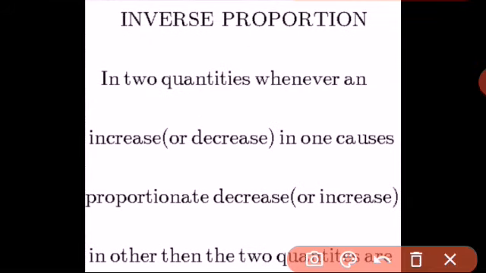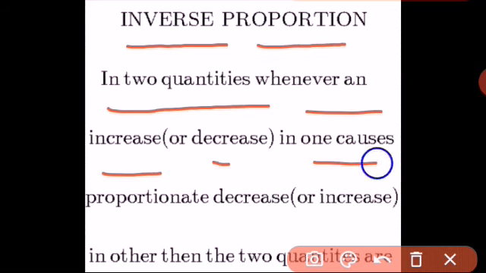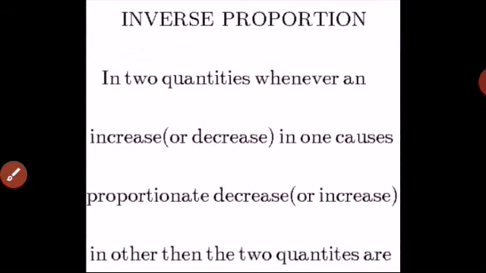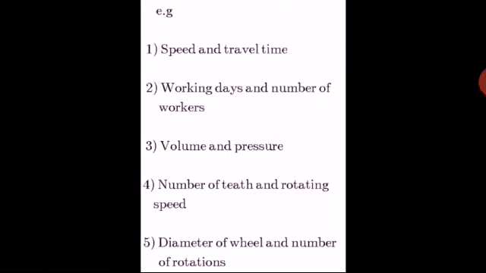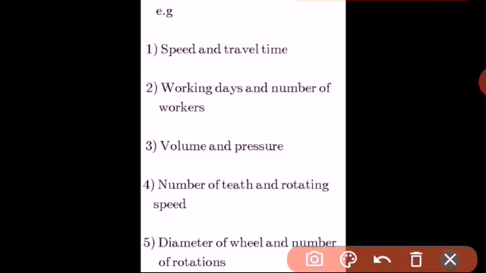So then, what is inverse proportion? The next type of proportion is vice versa, that is, it is opposite to the direct proportion. In inverse proportion, in two quantities, whenever an increase or decrease in one causes a proportionate decrease or increase in the other. So if one increases, then the other will be decreased. Simple. And what are the examples for this